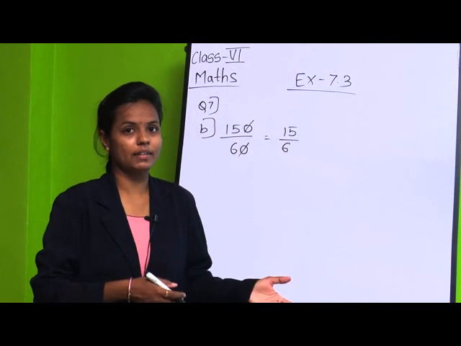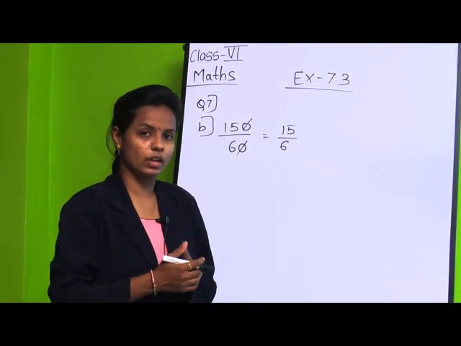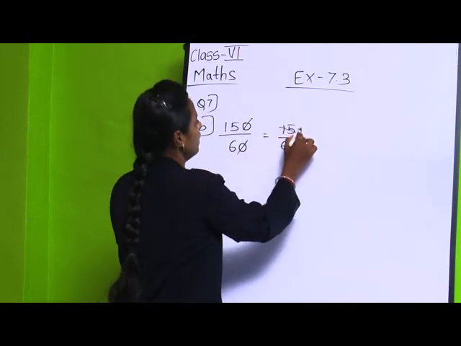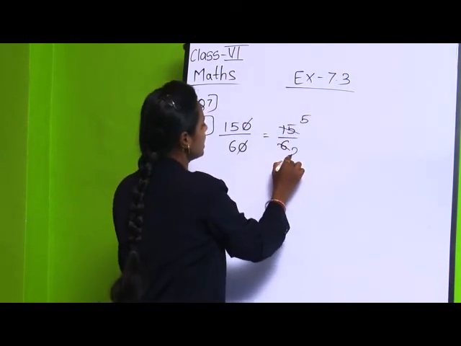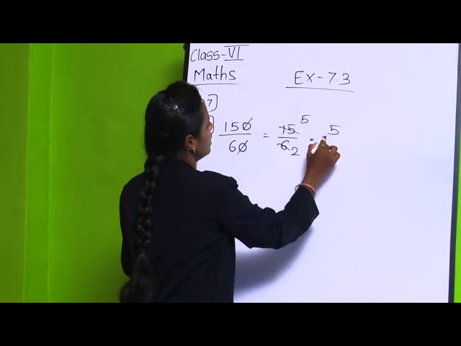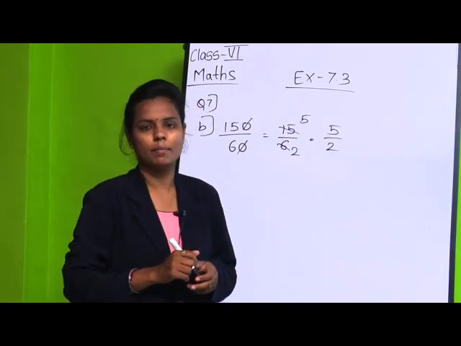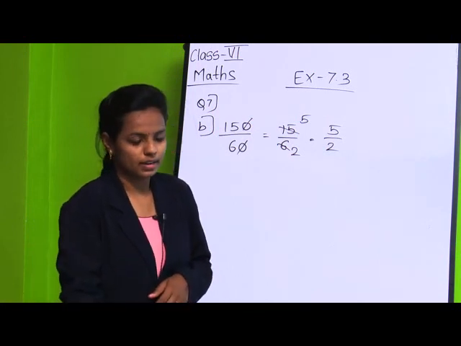So can this be divided? 15 and 6, whether they go in any one table? Yes. So they go in 3. So 3 5s are 15 and 3 2s are 6. So we have the lowest term 5 by 2. Next example,